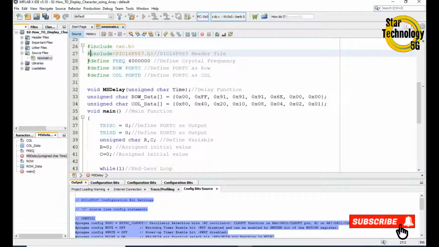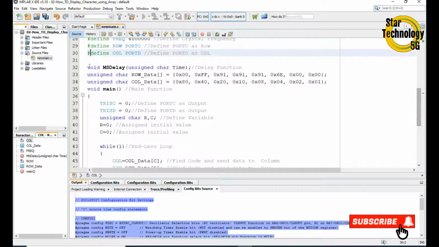Here is the frequency of the crystal. We are using a 4 MHz crystal. Here we define port C as row, and here we define port D as column. Here is the function of the delay. Here we are using unsigned char row data. We are using an array.